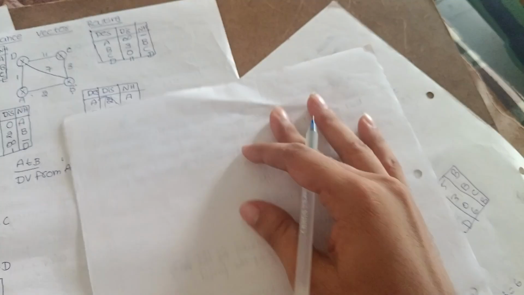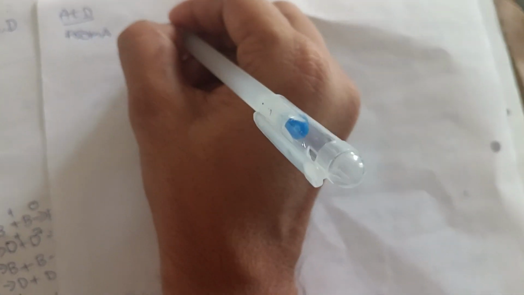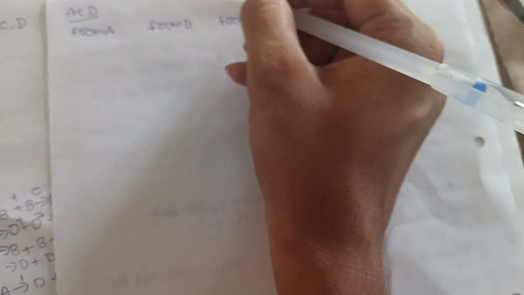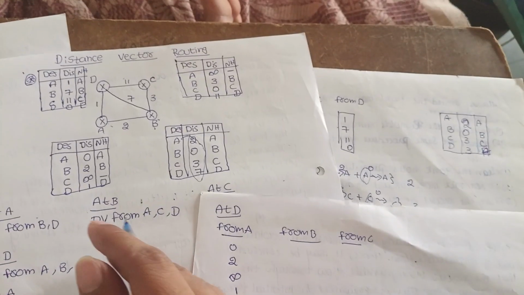Next, we want to find at D. At D, we want to find from the distance vectors at D, B, A, B, C. We want to write the A, B, C distances: from A, from B, from C. Check here. From A, the distances are, given the diagram, 0 to infinity 1. From B, the distances are